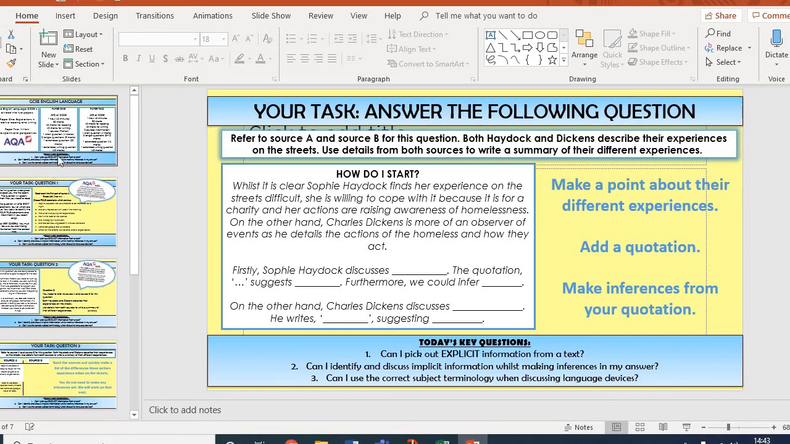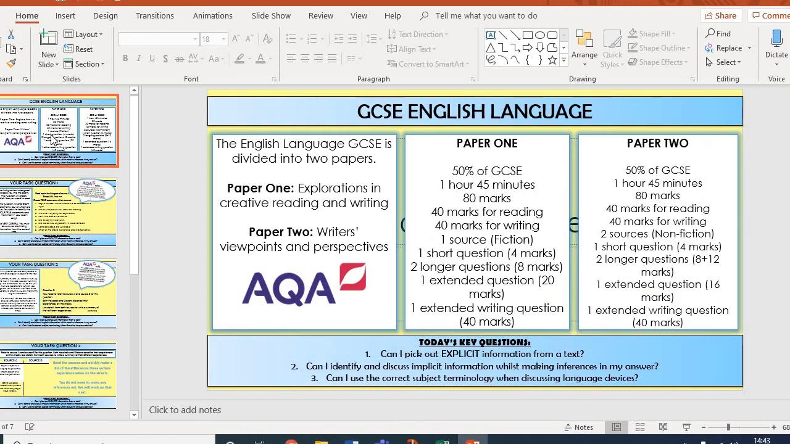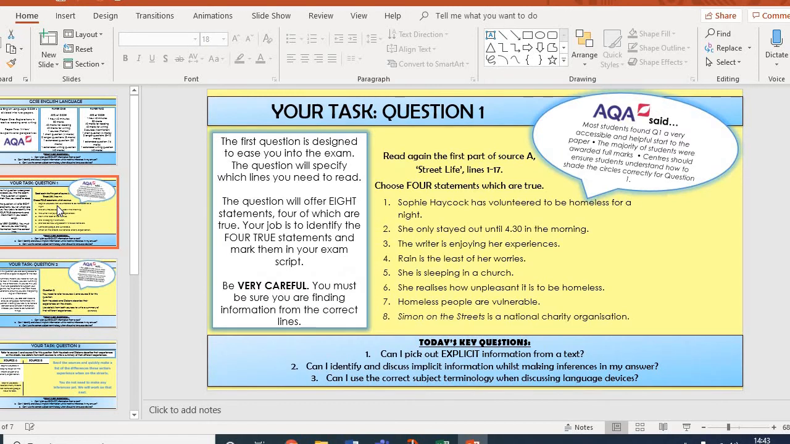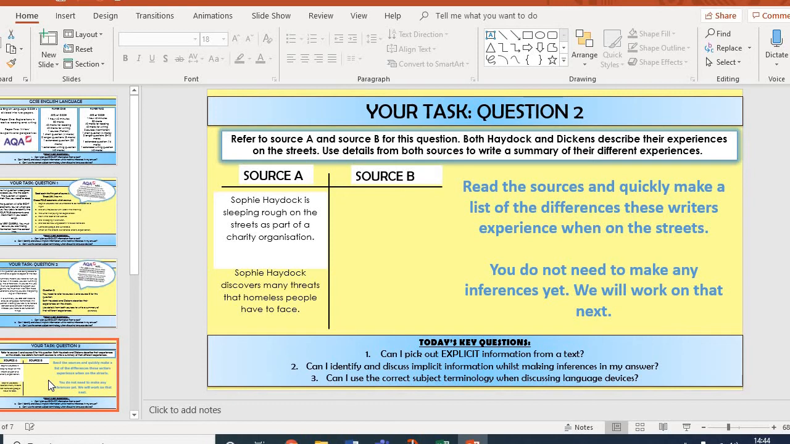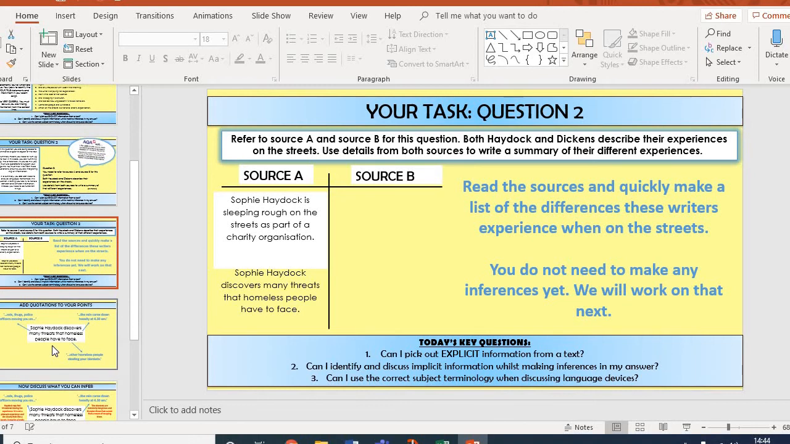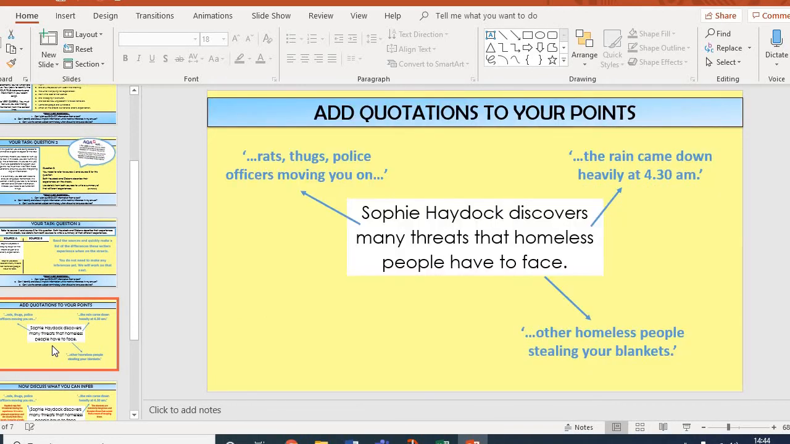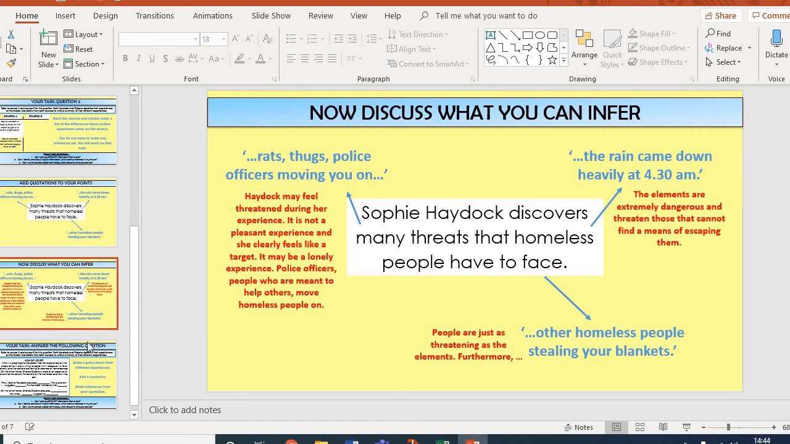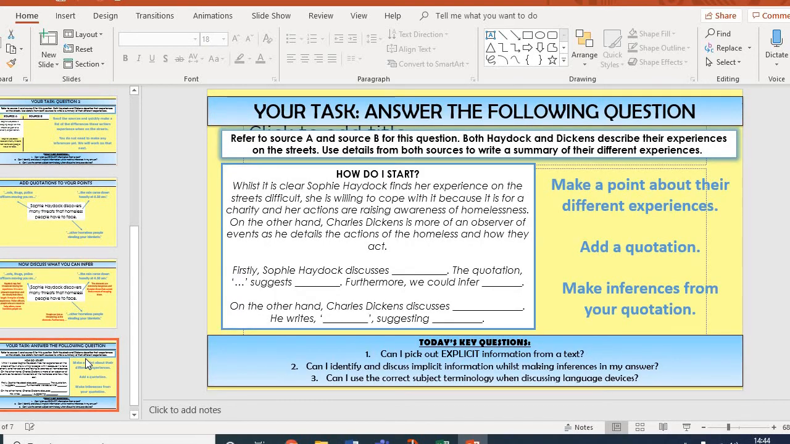So just to recap briefly, what we need to be doing today is thinking about paper 2. You need to pick out 4 true statements from question 1 and write them down. That's from the source A Sophie Haydock 21st century article anyway. Then you need to create a T-table pulling out the key differences and summaries of source A and source B. Then for 2 or 3 points, you need to pull out 2 or 3 quotations, and adding to those quotations, you add some inference. The last thing that you're doing is you're then answering the following question using this starting section as a model,